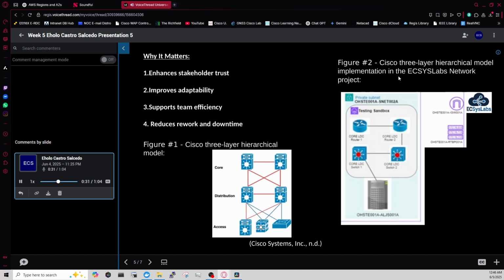Part of the AWS private subnet, we have a testing sandbox with routers in the distribution layer, the switches on the access layer, and then on the core layer, following the Cisco model, we have an internet gateway which looks like a purple arch, and then the three squares with IPs represent the routing tables, so that's the core network. So it follows the Cisco guidelines as well as the security protocol. This matters because it reduces rework and downtime.